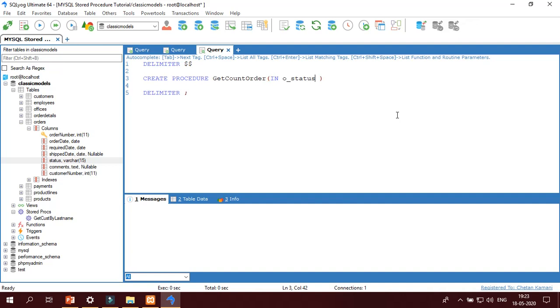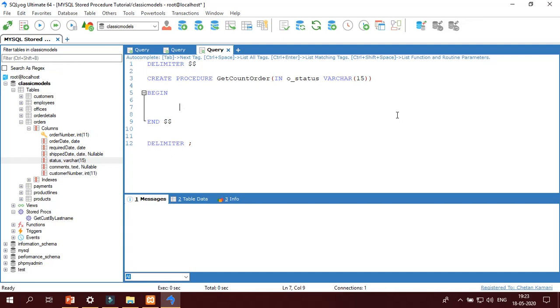No need to write it the same, you can specify the parameter name as you want. Then data type varchar 15. Then try to remember what to do next: begin and dollar dollar.